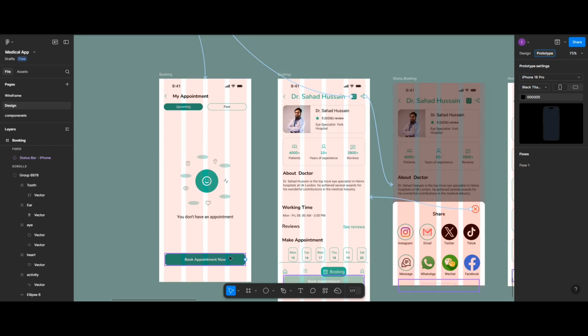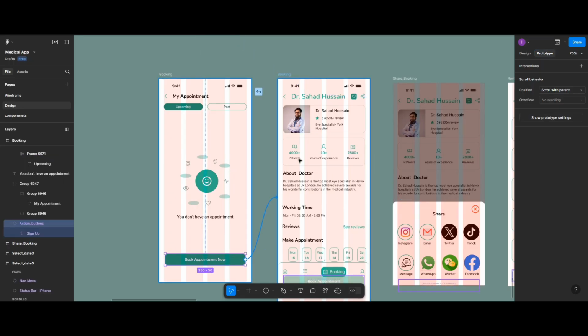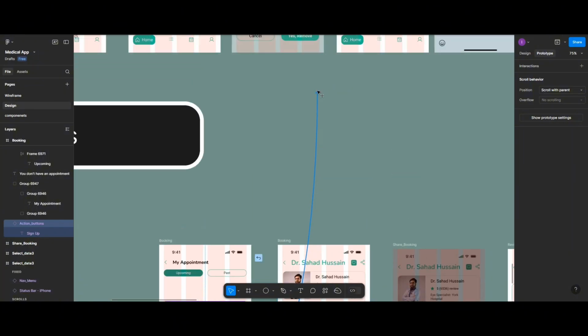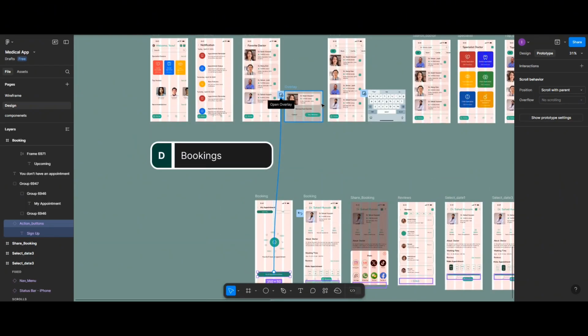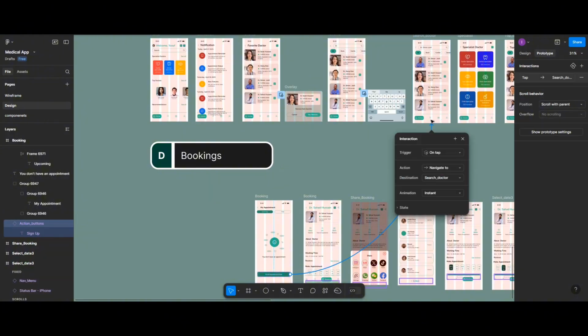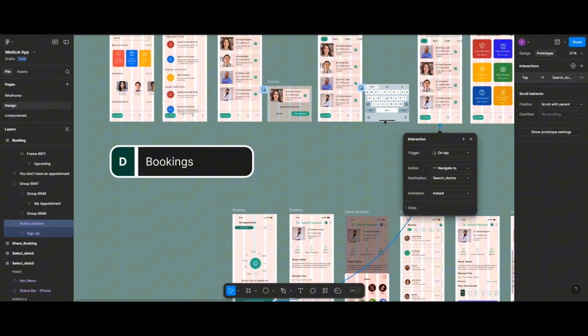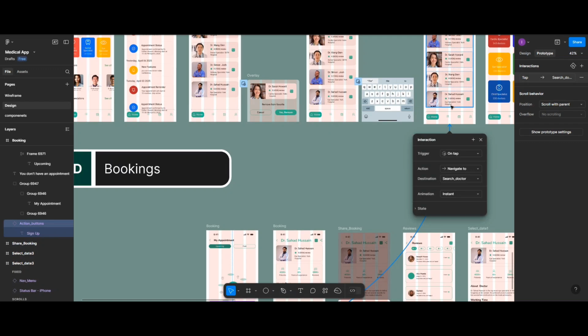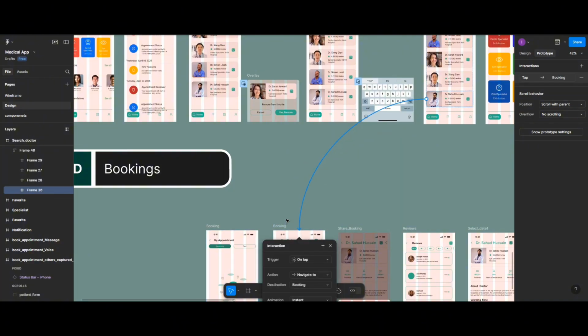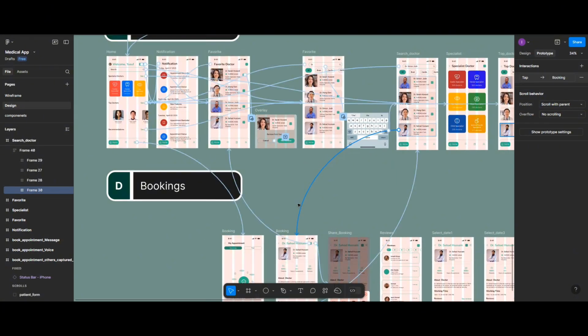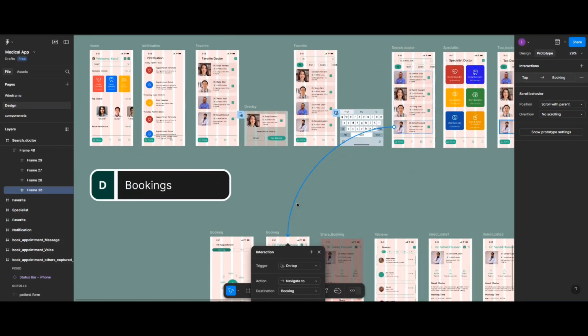All right, now when user clicks on book appointment, they should be directed to doctor page, which is going to be the previous one in the previous chapter here. So where we have the doctor page, we take it there. That is it here, the search doctor page here. Okay, now I'm using Sahad as well. We'll select Sahad here. Now when user clicks on Sahad, that is this one, they'll be directed to this page. All right, good. So now we have seen that, so we proceed